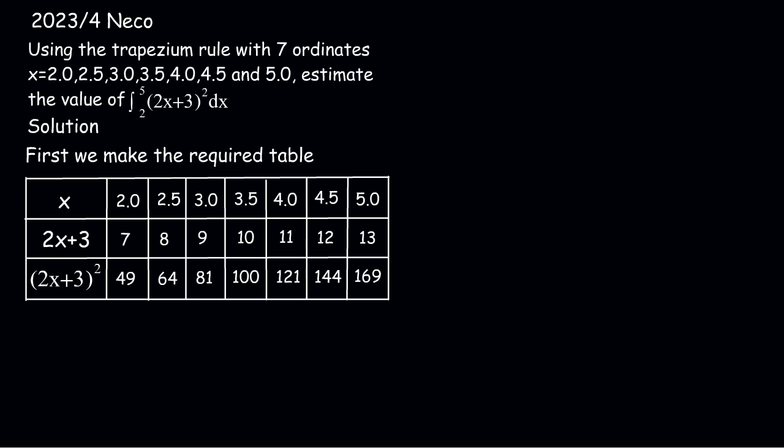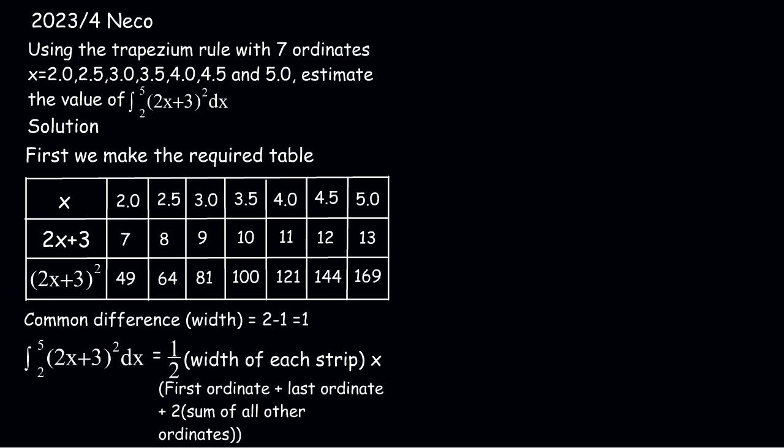2s plus 3 will be 7, 8, 9, 10, 11, 12, and 13. And the corresponding value of (2s plus 3) in bracket squared will be 49, 64, 81, 100, 121, 144, and 169. Now the common difference, that is the width of our strip, is equals to 2 minus 1, which is equals to 1. And from here, the integral of (2s plus 3) squared ds from 5 to 2 will be equals to our formula for approximate integration, which is half in bracket the width of each strip